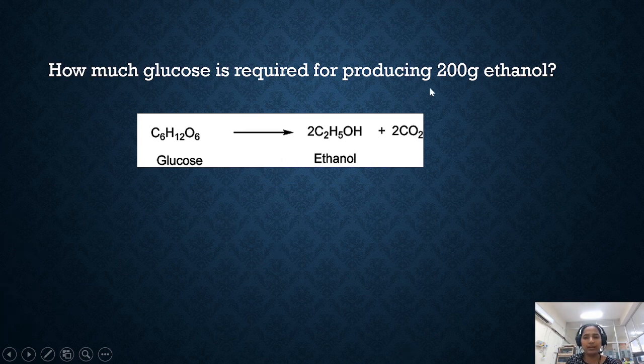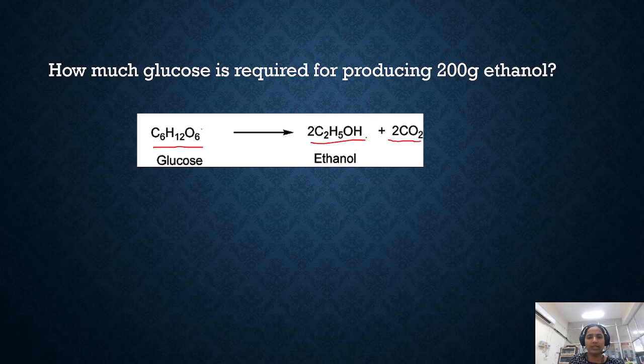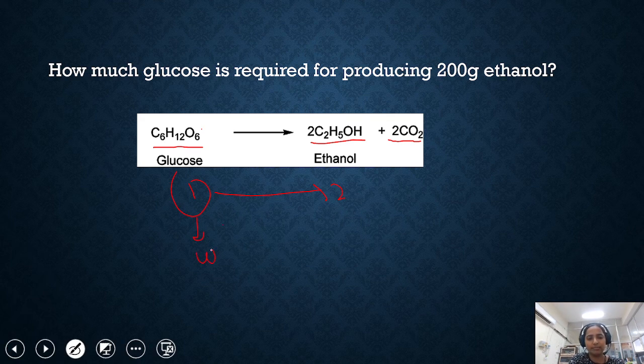So first we require to write a balanced chemical equation regarding the same. Like glucose is producing ethanol and CO2. So we must write an equation which is balanced, you all know about the balanced chemical equation, okay? So we must know that 1 mole of glucose is forming 2 moles of ethanol. So from moles you can calculate weight, and from weight here also you can calculate the weight. Then we can know how much, because they are asking in this way, that 200 gram of ethanol is required for